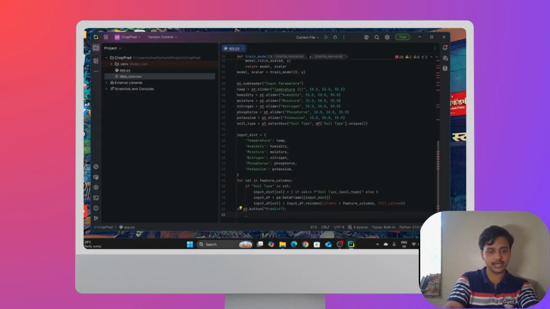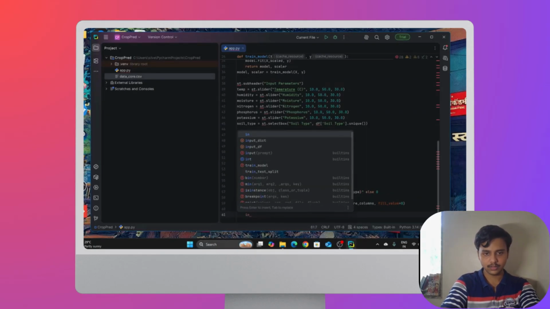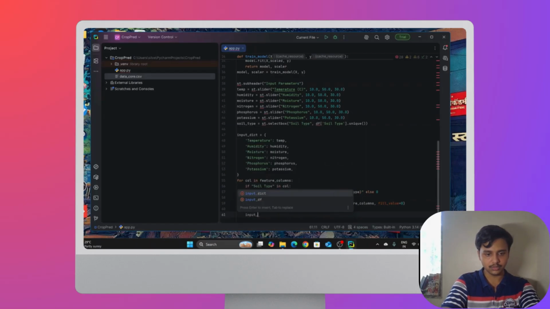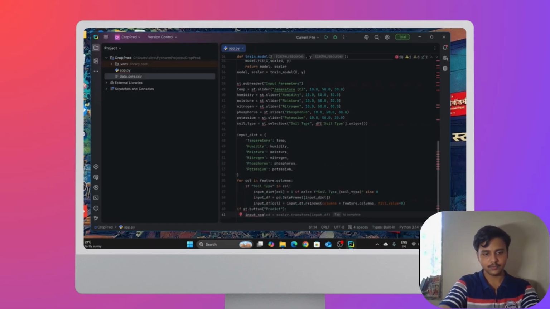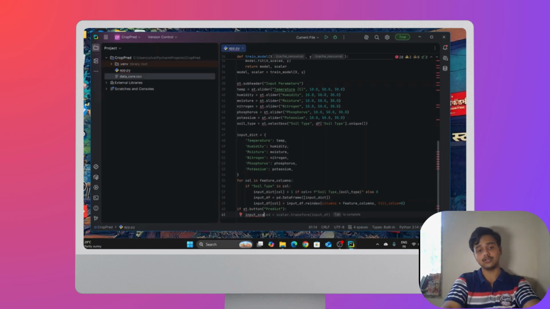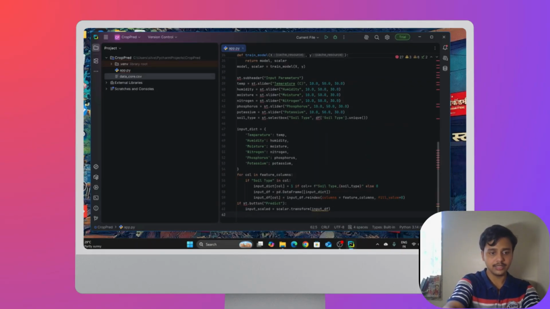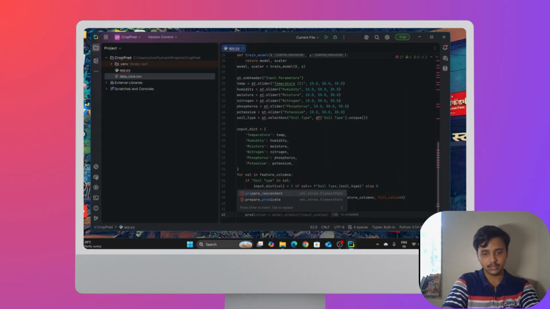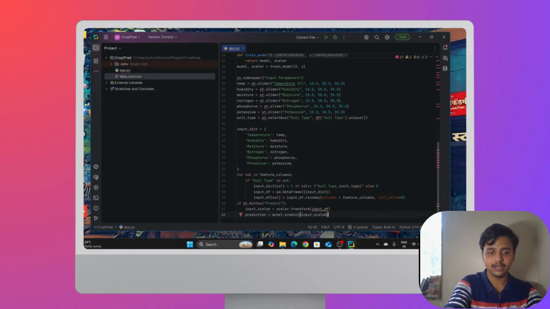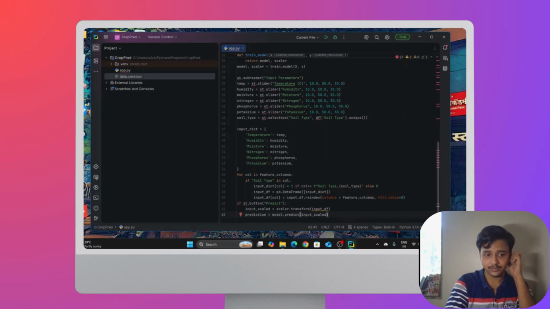So input should be scaled. input_scaled, which should be scaled according to the scaler of the input data frame. Then scale the input the same as the training, and prediction should be equal to model.predict of the scaled input. So the model predicts the particular output.